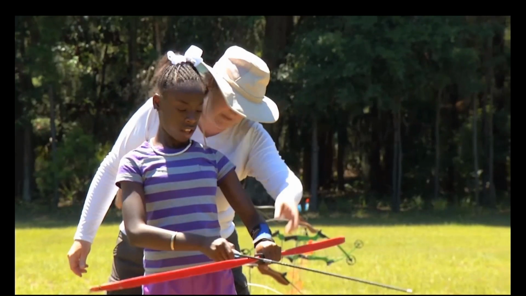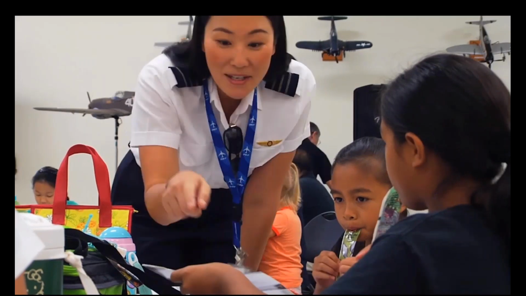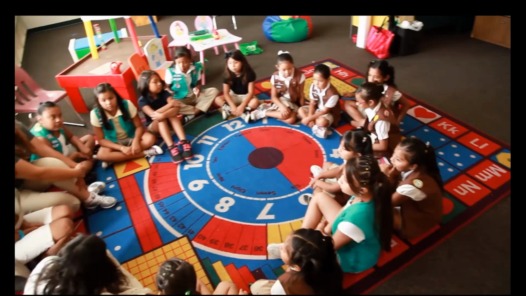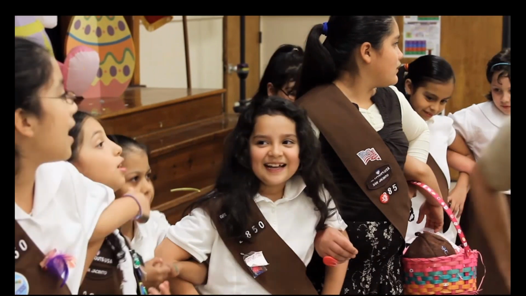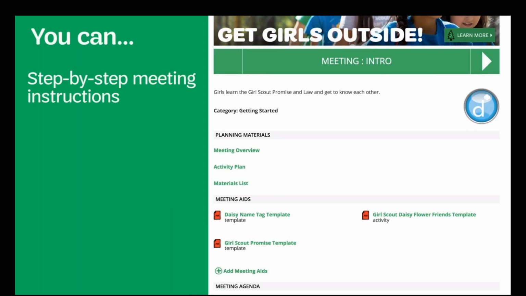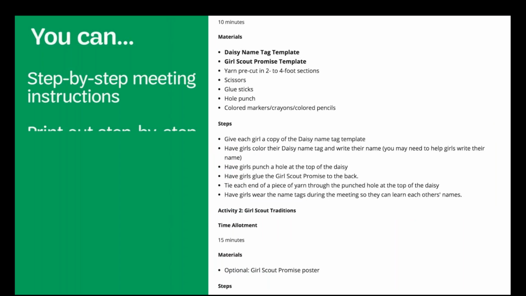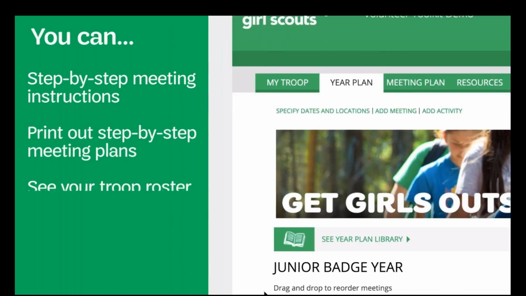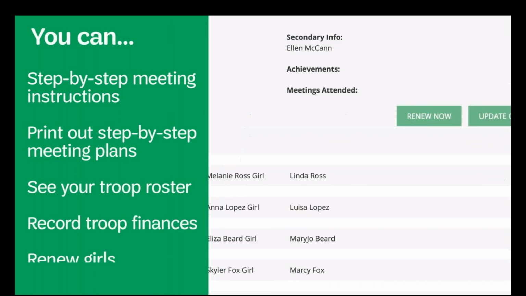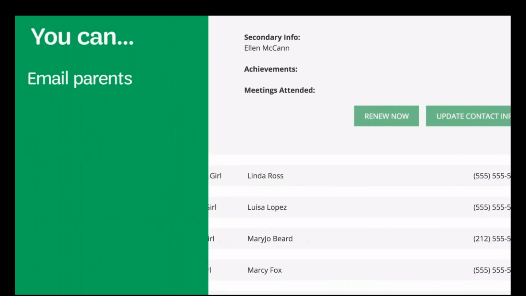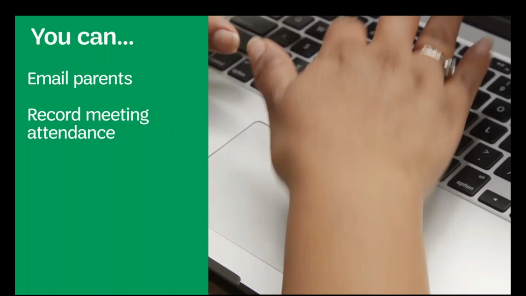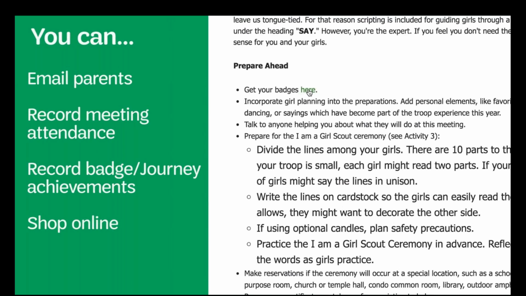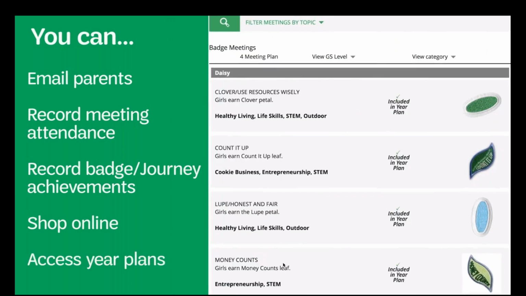Are you ready to spend more time nurturing the extraordinary go-getters, innovators, risk-takers, and leaders that will build our future, and less time on administration and planning? With the Volunteer Toolkit, you can save planning time with step-by-step meeting instructions, print out step-by-step meeting plans for petals, badges, and journeys, see your troop roster, record troop finances, renew girls, email parents with one click, record meeting attendance, record badge journey achievements, follow links to shop online for badges and awards, access brand new year plans and badges